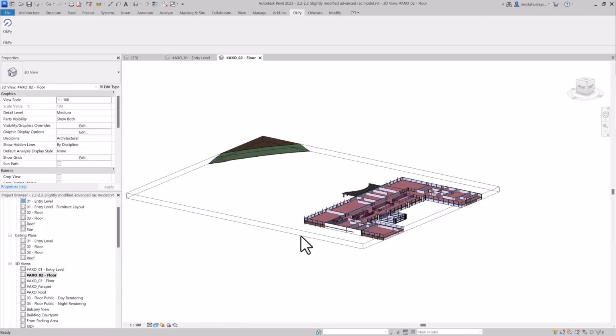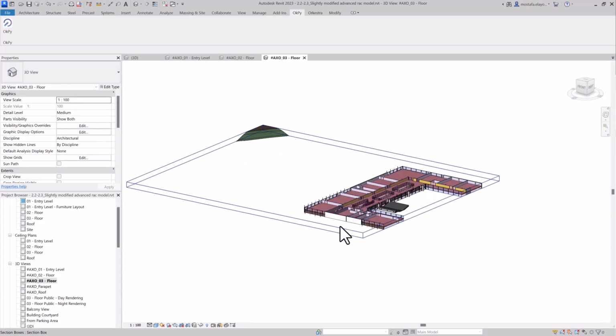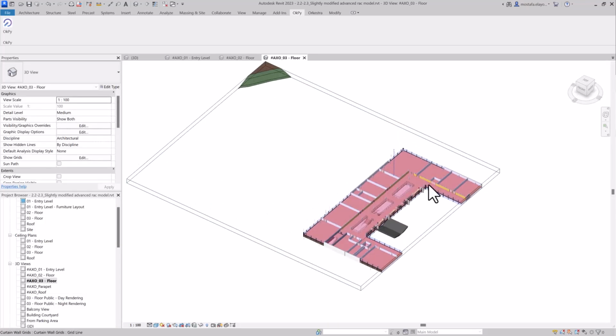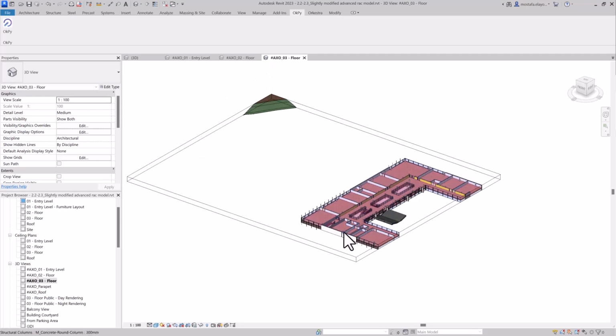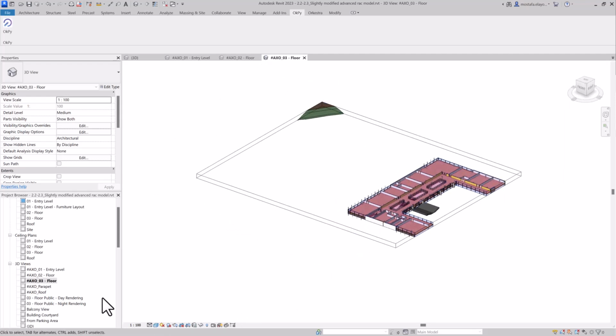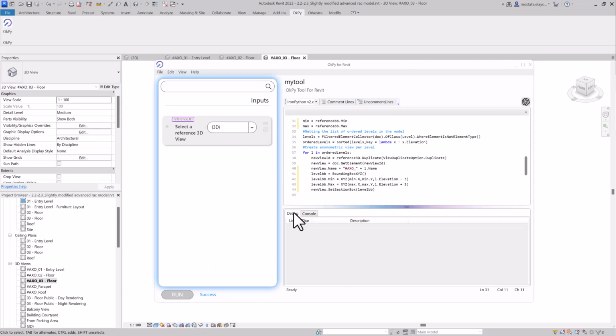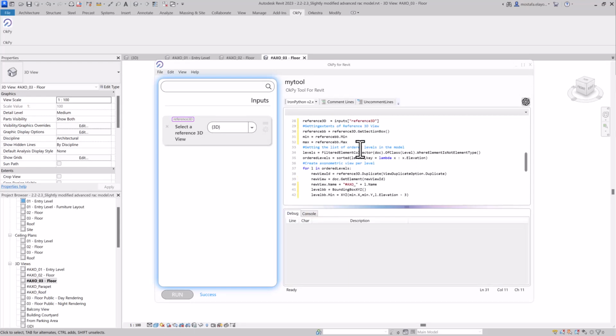But I don't know if you're noticing, but yeah, it's slightly offset. The section box is not exactly the one that we had in our reference view, but there's a reason to that. And I'm going to fix this. The reason for this is that the min and max values that are returned here, they're returned in the coordinate systems of the